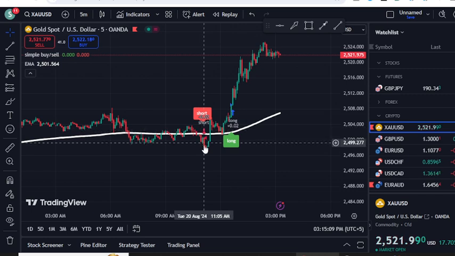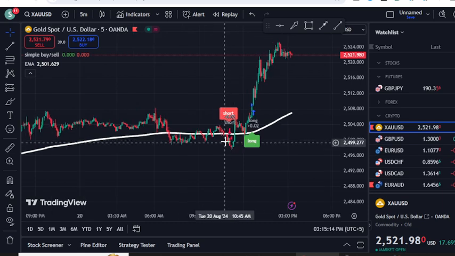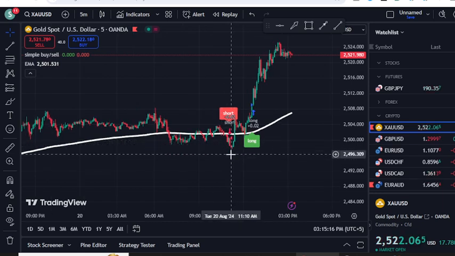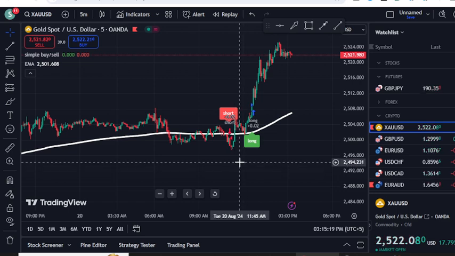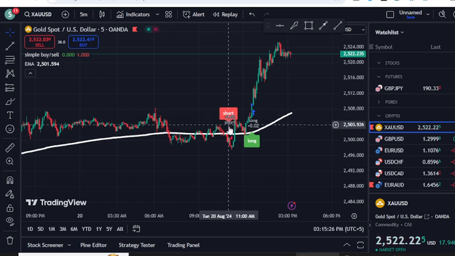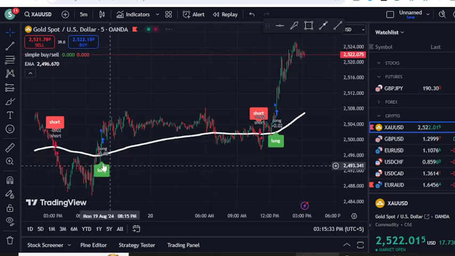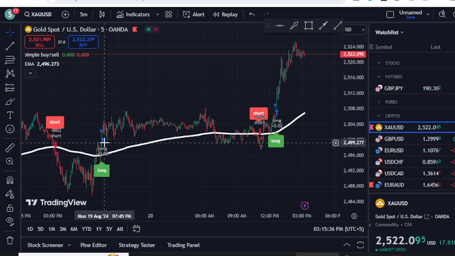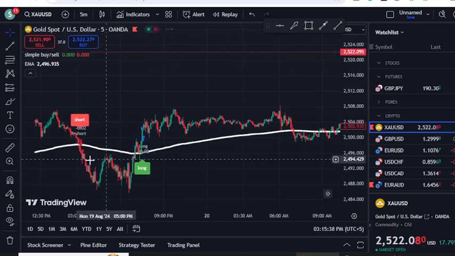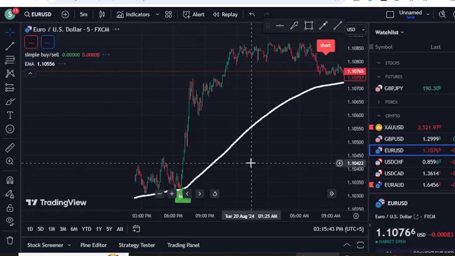Yes, we have a short signal, but always, guys, be careful about one thing: never enter any trade immediately. Always look for a proper breakout below, and then you can take your trade. Like, this is the proper breakout, and we have a buy signal here, somewhere here, not here. The signals that are coming right on the lines, on the 200 EMA line, never trust those signals. Like we cannot trust this one because it's very close to that one. We cannot trust that one because it's very close. So always wait for the proper breakout to be sure.